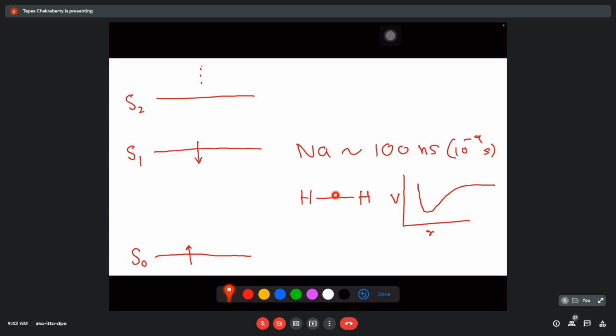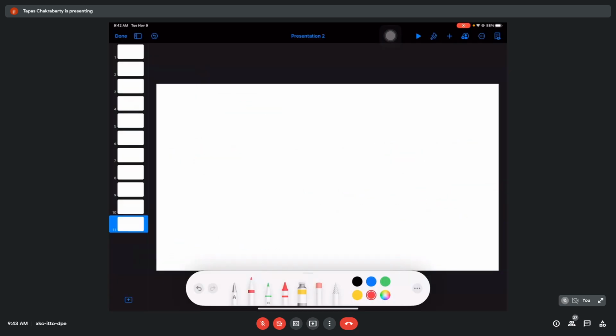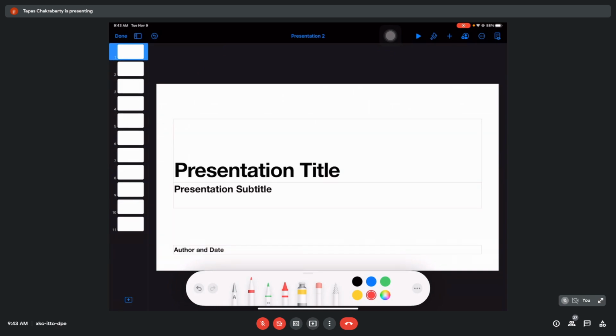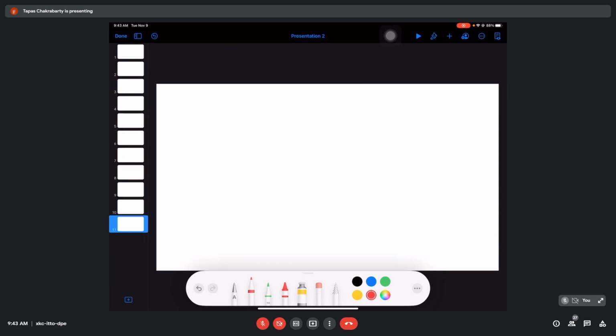So you are transferring energy from one degree of freedom, in the normal language of physics the electronic degree of freedom, to the nuclear degrees of freedom. Sorry, everything has been erased, it looks like. Sorry about this. So from the electronic degrees of freedom to the nuclear degrees of freedom, these energies have been transferred.